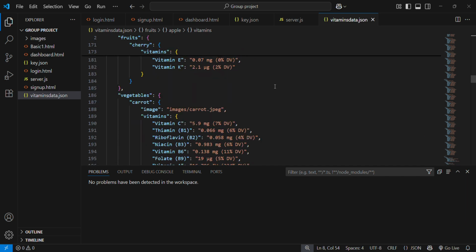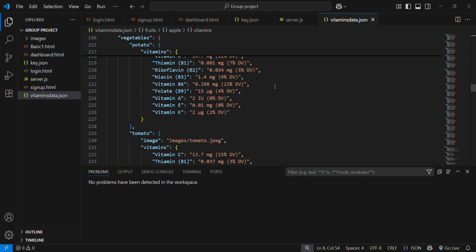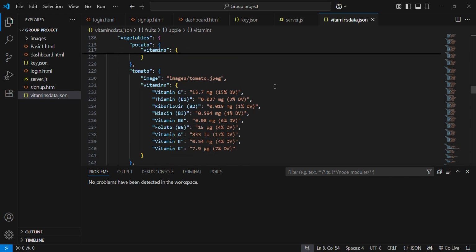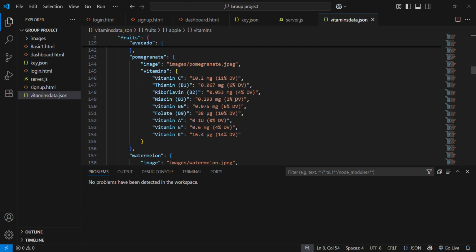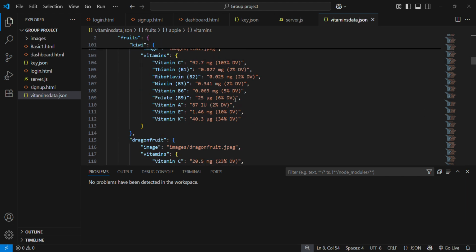In this file, we have included all the vitamins and the food items and their related images to get the proper output. We have connected both these files, and in this file we have included all the food items from all the categories.